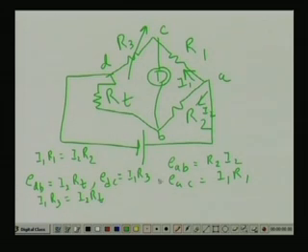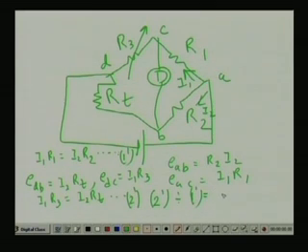If I divide this equation by this equation, suppose this is 1 dash and this is 2 dash, if I divide 2 dash by 1 dash, I will get